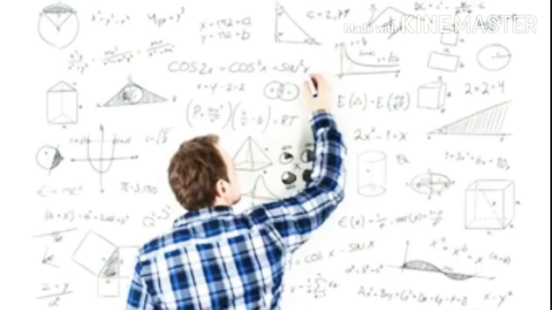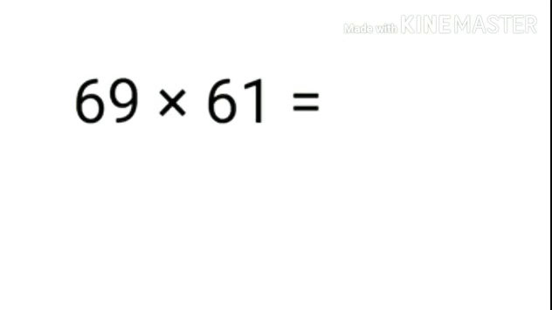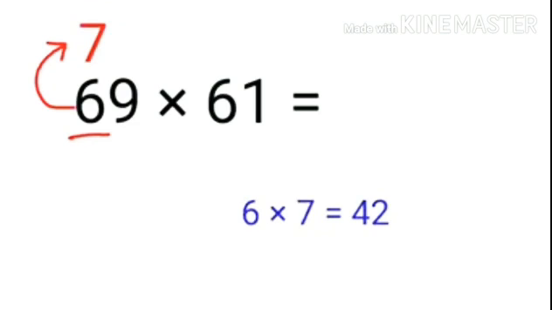Okay, so what is 69 times 61? Immediately. Next number after 6 is 7. So 6 times 7 is 42. And 9